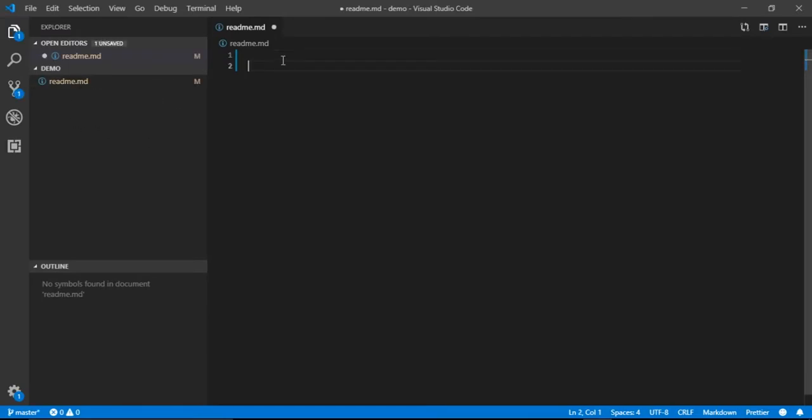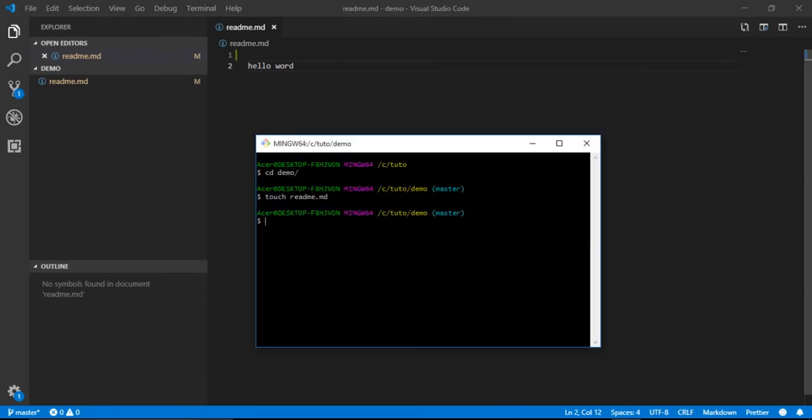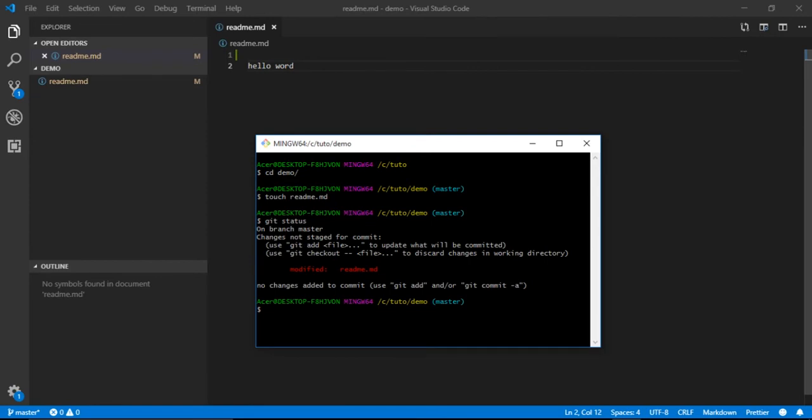So let's just make it simple. Let's just create a hello world. We save it, and now we see the status of this repository. So git status, and as we see it tells us that we are on branch master, and there is a file that is modified, its name is the readme file, and we have not committed anything yet. So now we are in the working area, so we need to go to the staging area, and